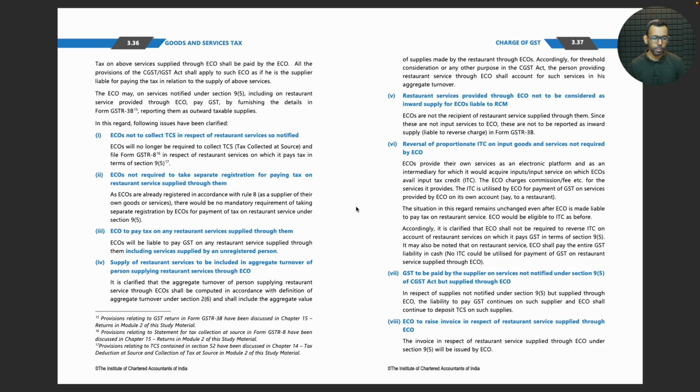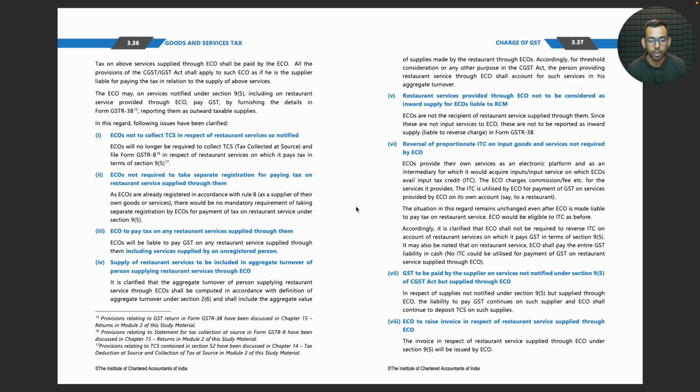ECOs will be liable to pay GST on any restaurant service supplied through them, including services supplied by an unregistered person. Supply of restaurant services to be included in aggregate turnover of person supplying restaurant services through ECO. It is clarified that the aggregate turnover of person supplying restaurant service through e-commerce operators shall be computed in accordance